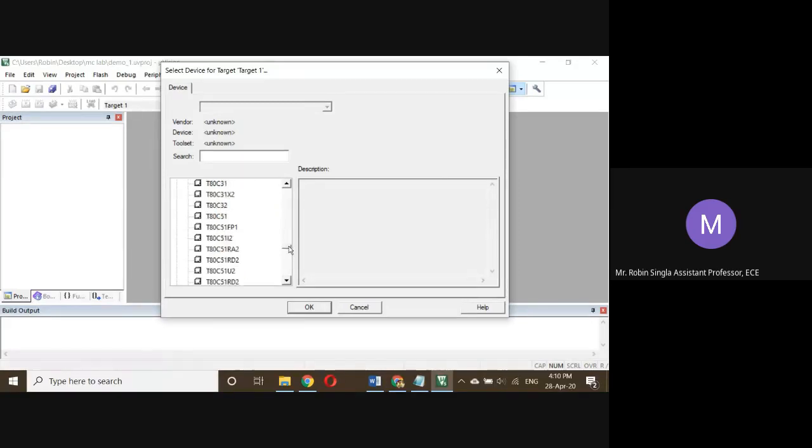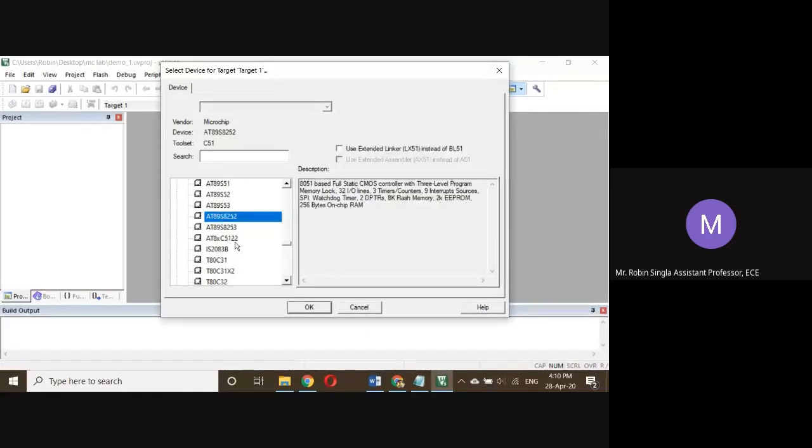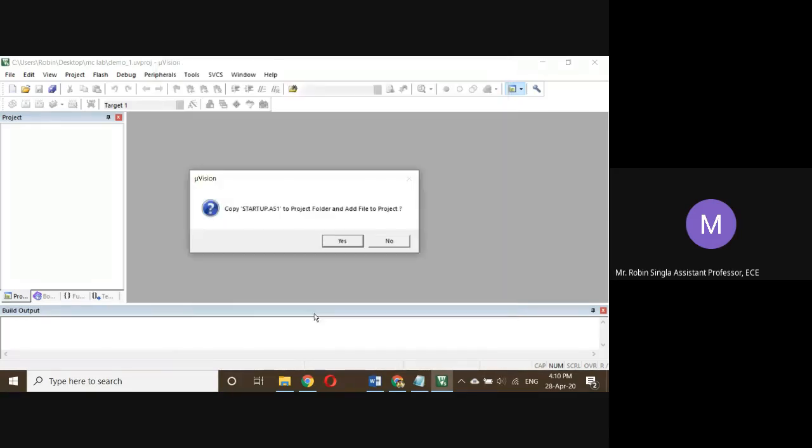Let's say I will select AT89S8252. And here you can see the description of the microcontroller: input, output lines, timers, counters, interrupts, etc. And then click on OK.